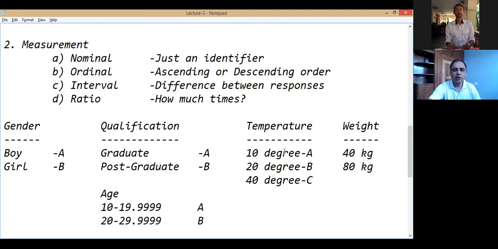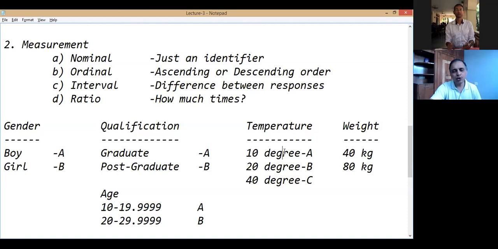Then second comes ordinal, where you can put into ascending or descending order. For example, your salary. Salary up to 1 lakh, from 1 lakh to 5 lakh, more than 5 lakh. So any person who says more than 5 lakh will certainly have higher salary than the other two category people. So that becomes ordinal. But I cannot say the person having 5 lakh and one person having up to 3 lakh, how much is the difference of their salary? I cannot specify that. If I can specify that thing, that will be called as interval.